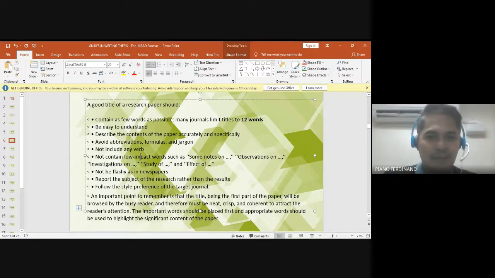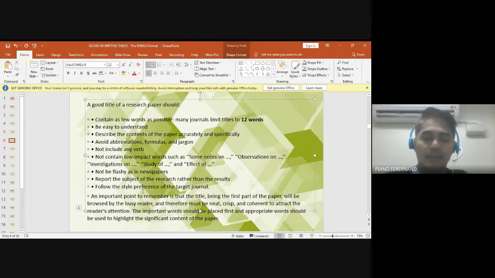Follow the style preference of the target journal. So of course, as mentioned, malaking factor din po kasi talaga yung guidelines o yung mga parameters na isi-set ng research journal, o ng publication para doon sa gagawin yung title. Actually, may mga research title po na dumaan na sa